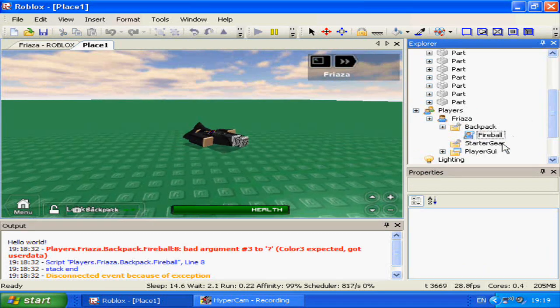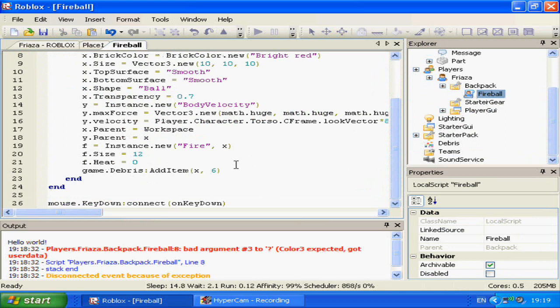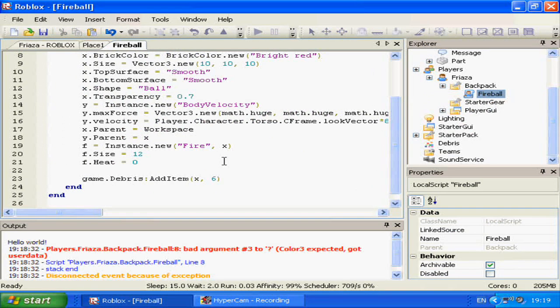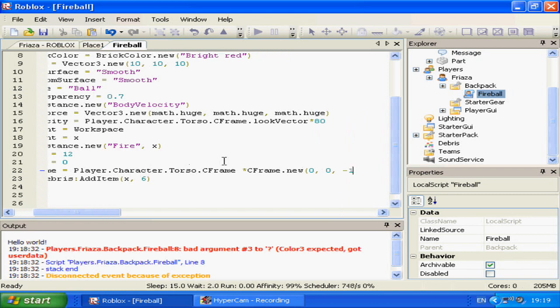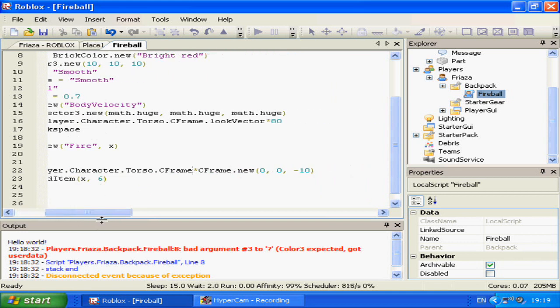A little low though. Why is it so low? Oh yes, of course, we haven't positioned it yet. I got distracted by the fire. Okay. So x.cframe equals player.character.torso.cframe times cframe.new 0, 0, minus 10, which basically gets your torso C-frame once again and adds onto that C-frame